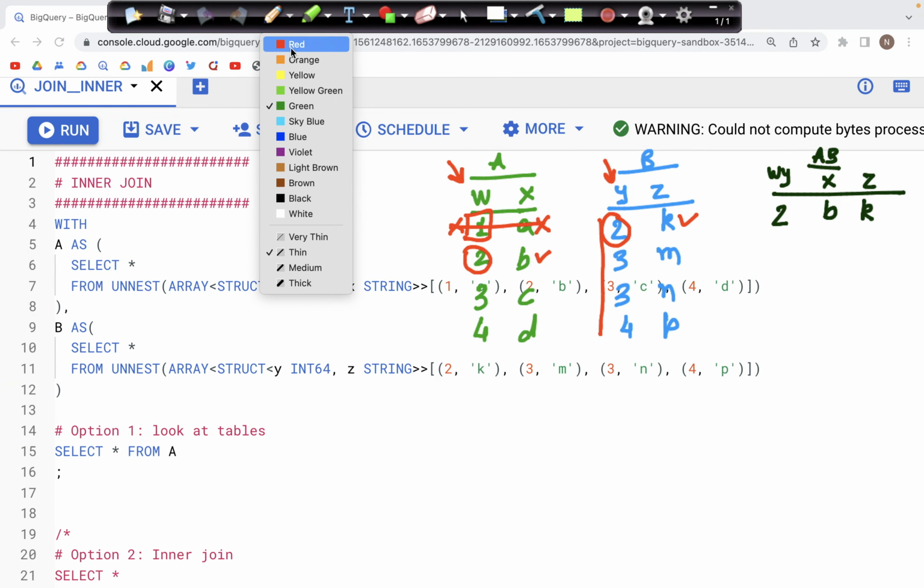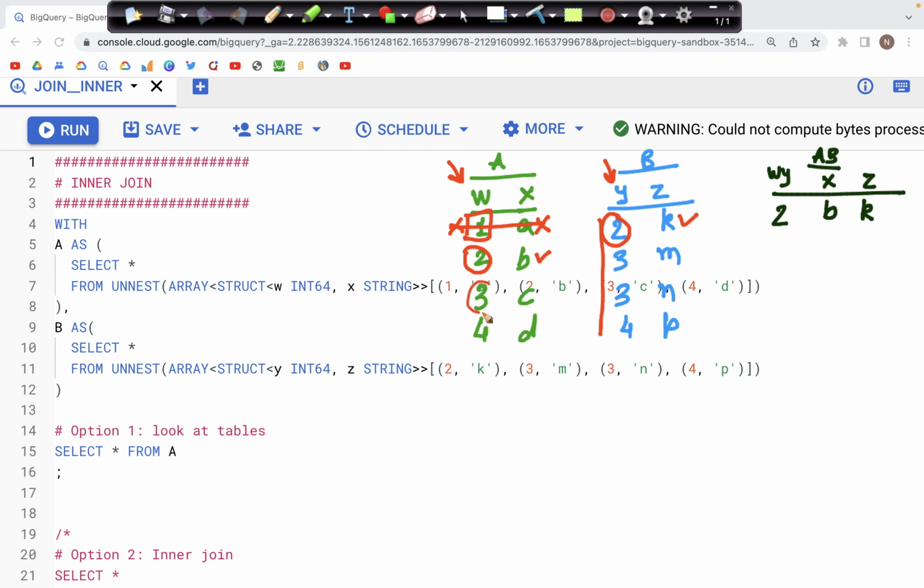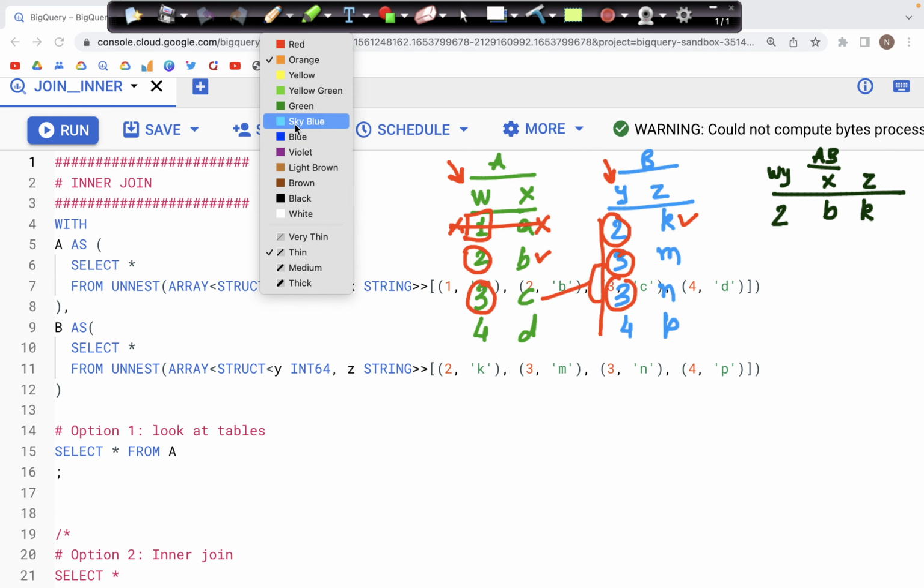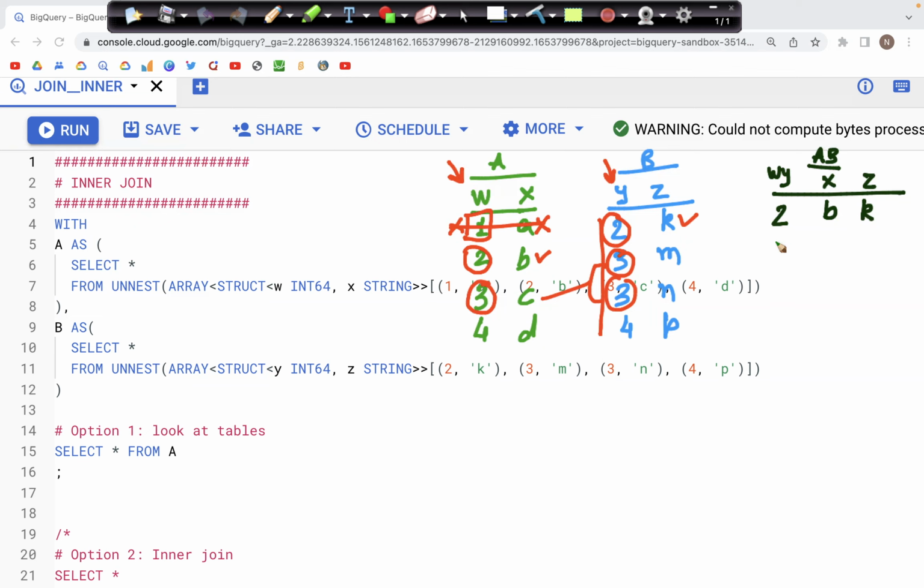Next, moving on, let's look at 3. 3 does match here and here, so it matches two places in this particular Y column, and so the output that we would have would combine both of these. So we'll have two entries for 3. Both the entries would have the value of C in X. However, in Z, there are two different values, and we'll have those values in Z, which will be M and